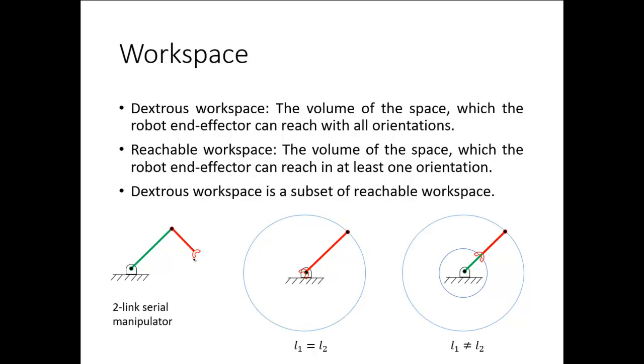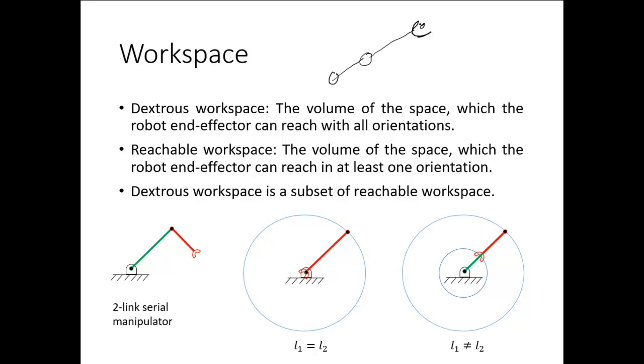Now there could be two cases where the lengths of both links could be the same. In that case you can see there is one link, the green link, and then the red link overlaps this green link and comes back to this point. So if we talk about the actual workspace in this case, it could be like the two links stretched together. I'll just show it here.